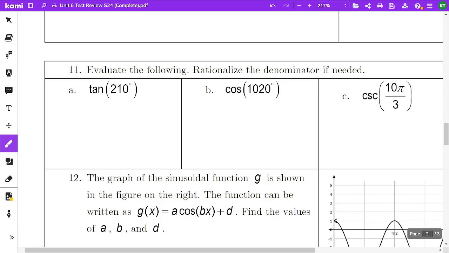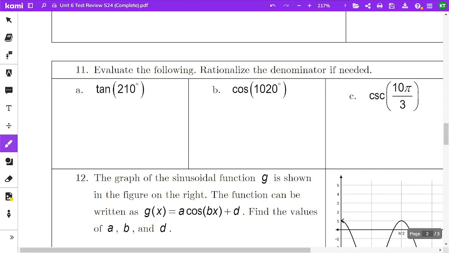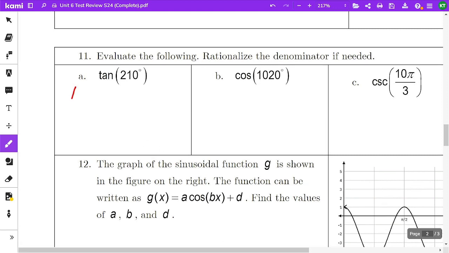All right, we're going to be moving on to the second section of our Unit 6 test review. The first part here, we're going to be evaluating the special angles. So tan of 210, we're going to have to use our unit circle here. Hopefully you're able to fill out a unit circle. Again, if you remember, tan is equal to our y coordinate divided by our x. So 210 degrees, that would be negative 1/2 divided by negative root 3 over 2, which is going to be